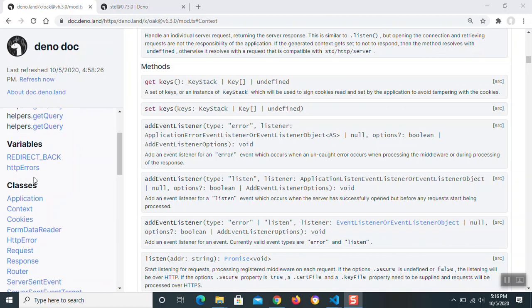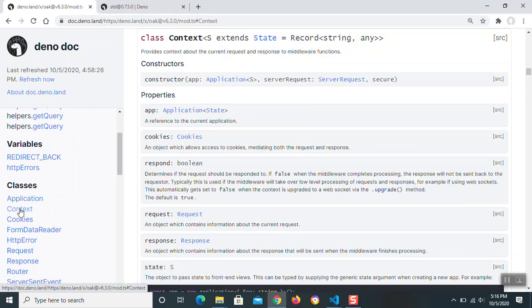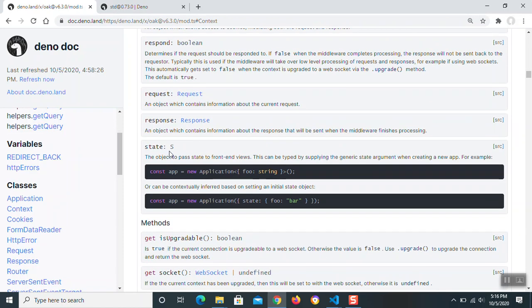And under class we have the context object. So here we can see that context is a class that has multiple different properties: app, cookies, request, response and state.